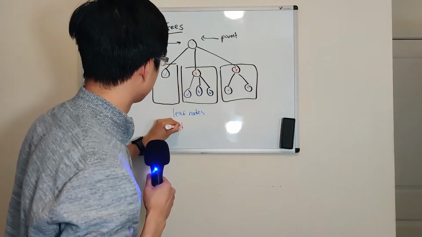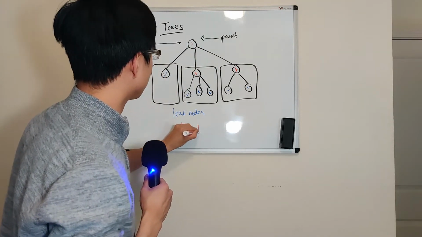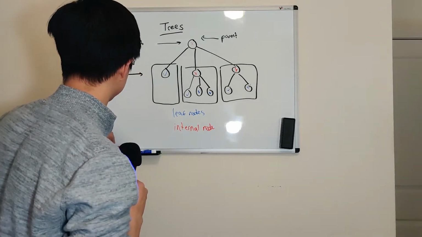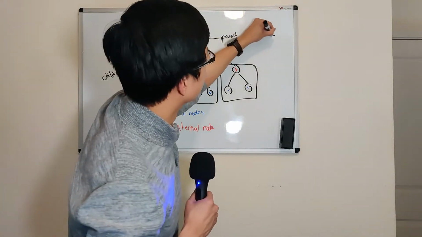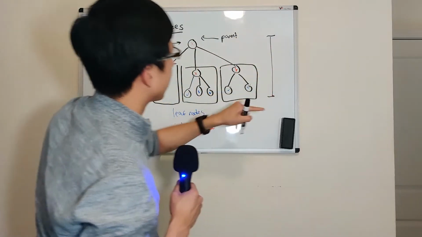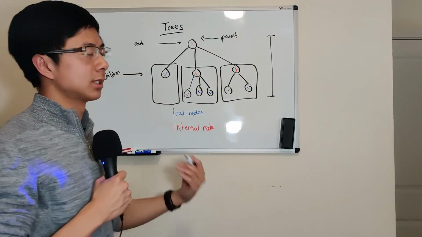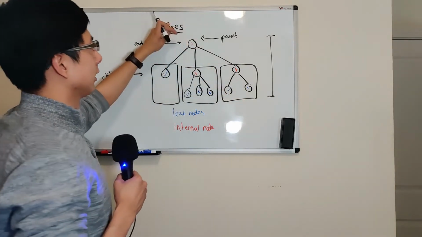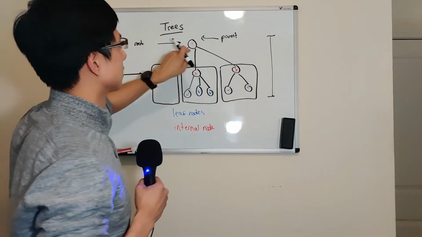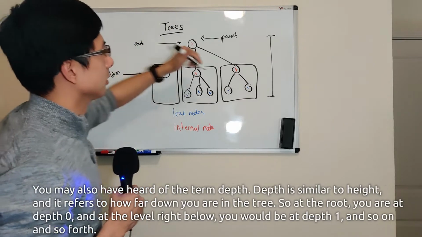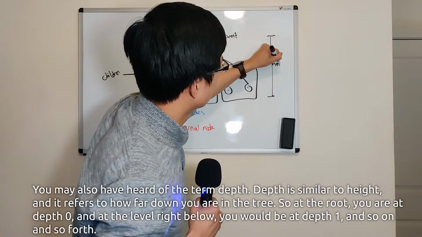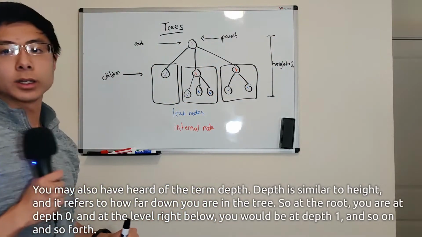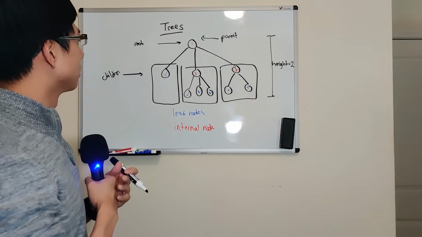There we go. You also may hear the term the height of the tree. The height of the tree refers to, let me get the black marker again. This is the height of the tree right here. And in this case here, we have a tree of height 2. You may hear some places say that, oh, if you have a tree with one node, that's a height of 1. For this video, we'll be saying that if it only has one node, it's a height of 0. So this starts at height 0, height 1, and height 2. So this right here has a height of 2. All right, and so I think that is all the terminology we need to cover,